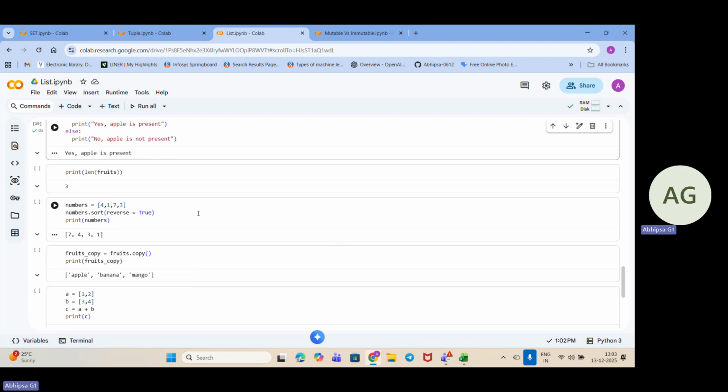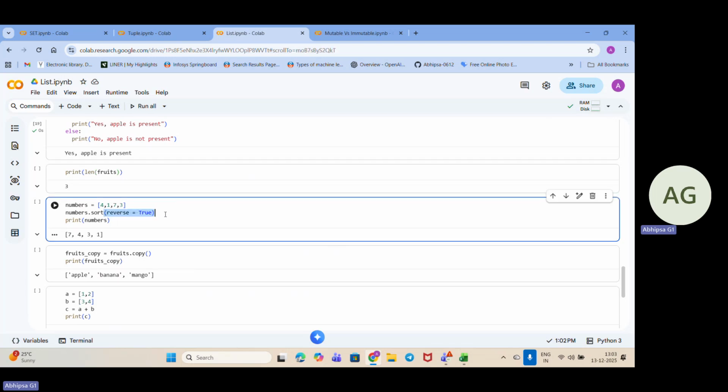Like if I want to just put it, let's just remove this part and give the parenthesis. And now I have given, now you can see it has done the sorting in ascending order. So by default, while we are not giving anything, just the sort function,